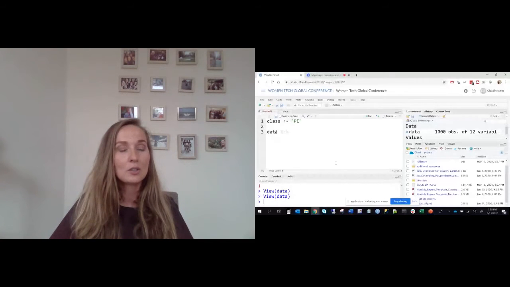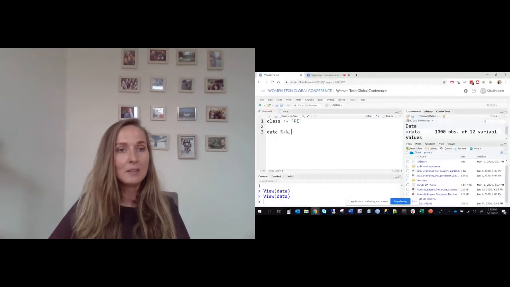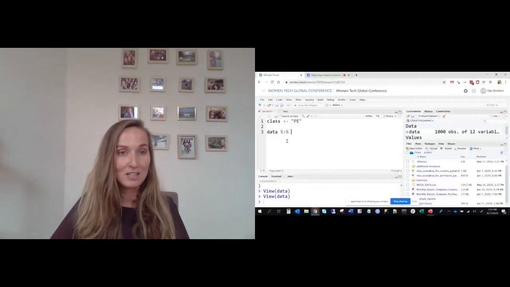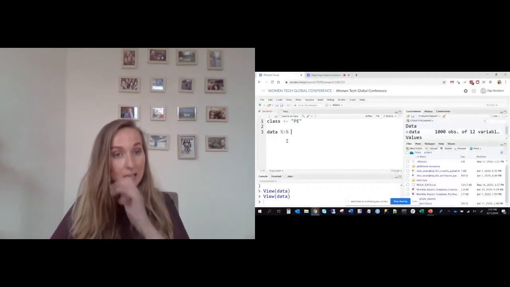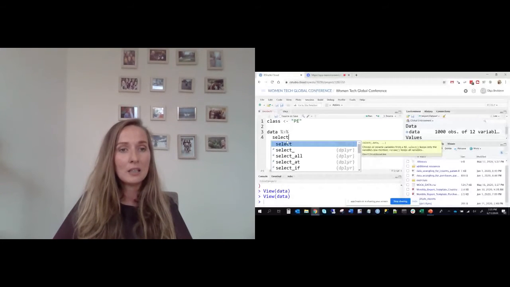And the shortcut for it is Control-Shift-M, M for Mary. And basically what it actually is, is two percentage signs with a greater sign in between, but Control-Shift-M will allow you to type it faster. We can then indicate the first function, which is called select, and we can type the